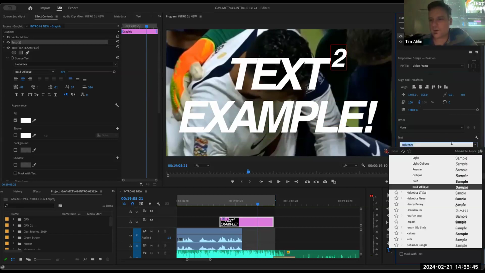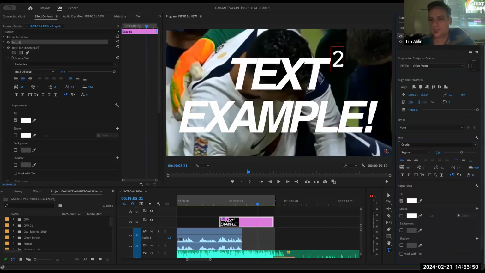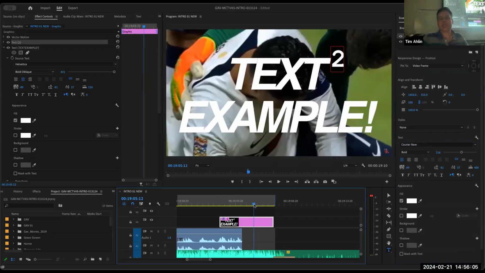While I'm at it, let's make it a different font. Let's make it Courier, which should be everyone's favorite font if you're in screenwriting. In fact, let's do Courier New. Let's make it bold. There we go. That looks more like our screenplays. So now we actually have one video layer rather than multiple video layers, because we could make these all individually video layers. Why is it important to keep it like this or not? It just gives you the ability to play around with it.